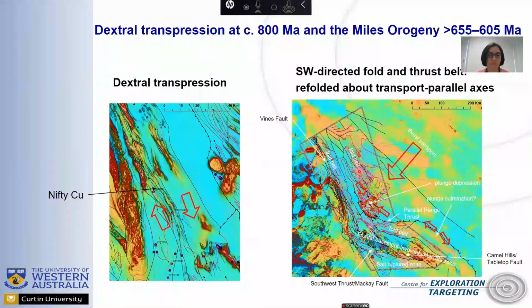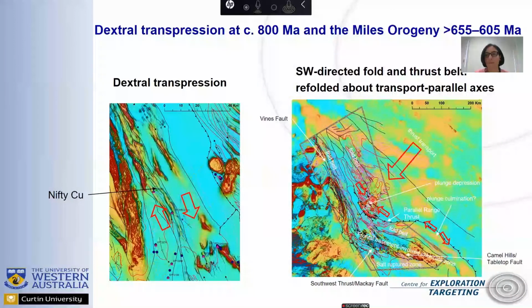Based on the structural evolution, there is still some issue that we need to work more on. But at this stage, we understand the Nifty copper deposit is considered as a sedimentary hosted Cindy formation deposit, and it is dated around 800 million years, and it can be related to the mafic intrusion in place during the basin extension at 830 million years. Also, there was a dextral transpression that occurred in this region at 800 million years. After these events, we have a kind of southwest directed thrusting during the Miles orogeny, and during the Miles orogeny,